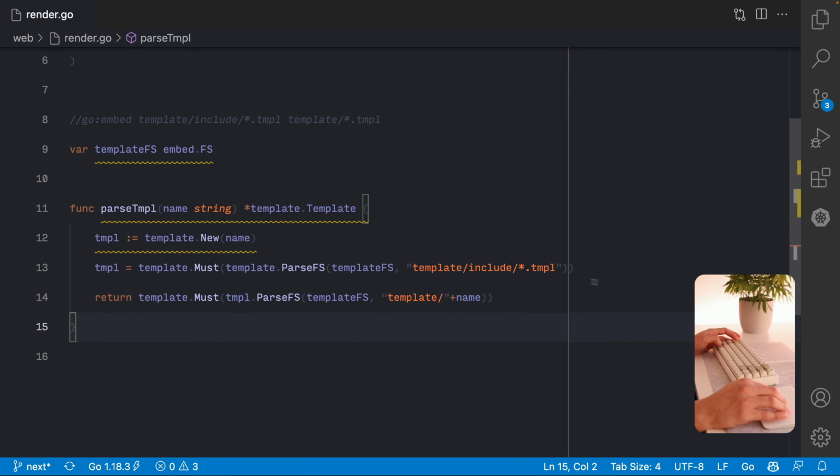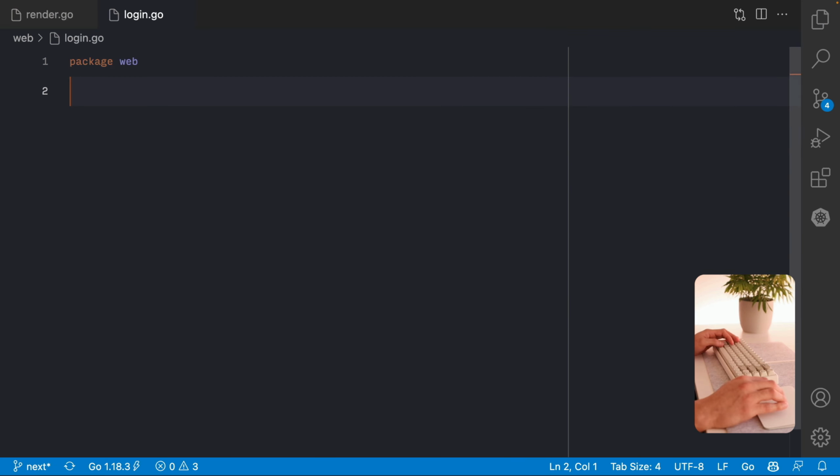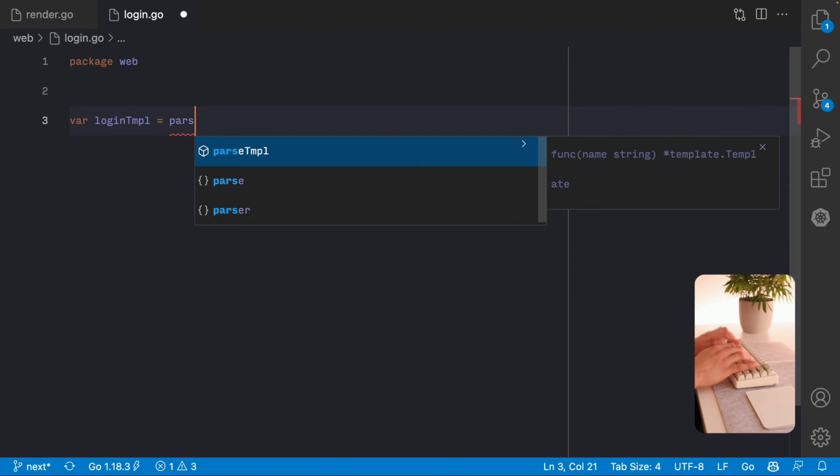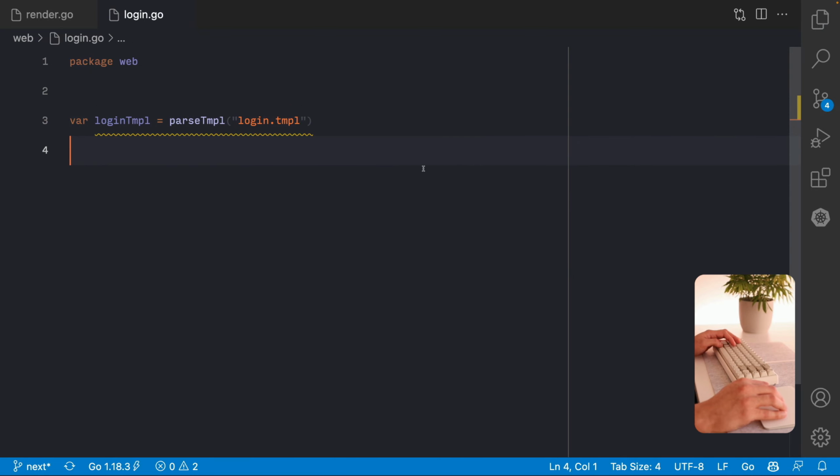So make sure you only parse the includes first and then your page. So now we can render our login page and we can define our data.